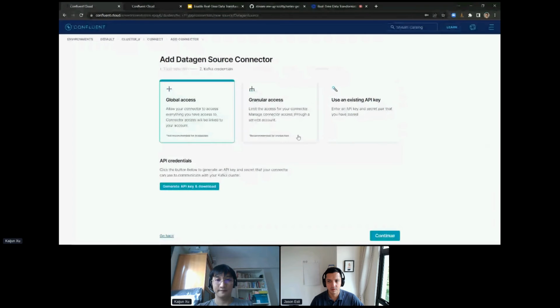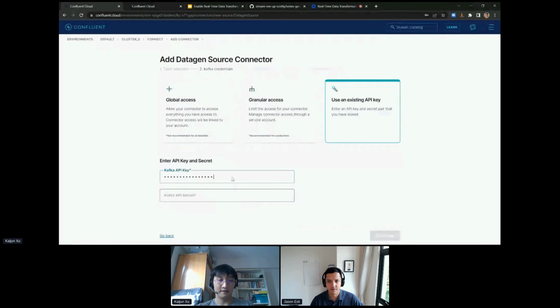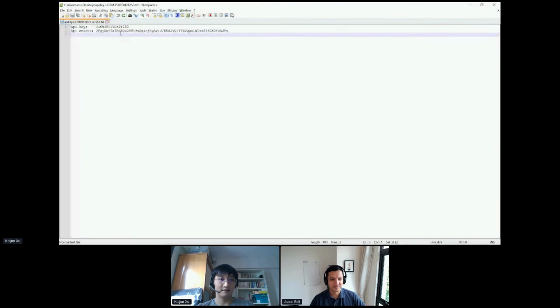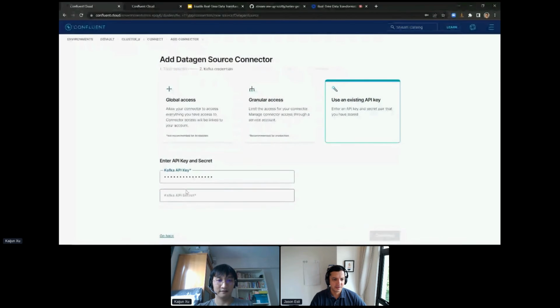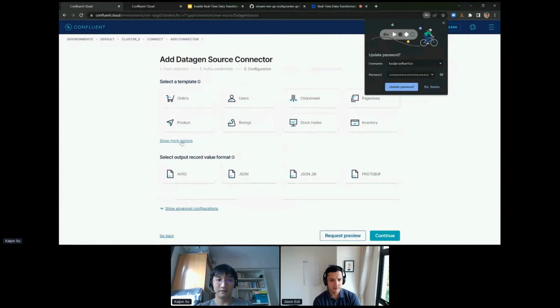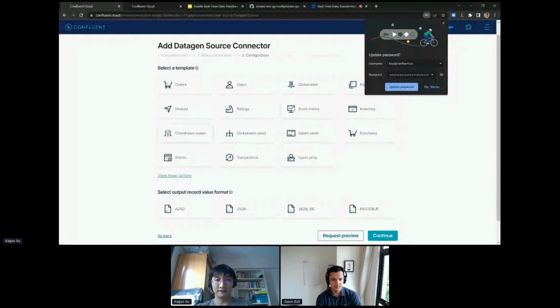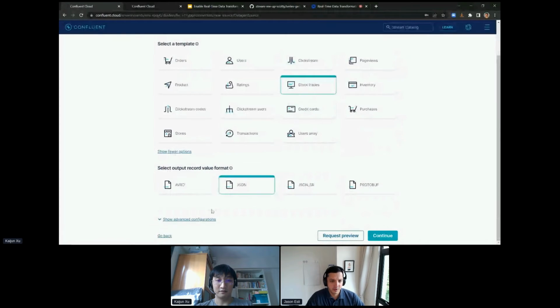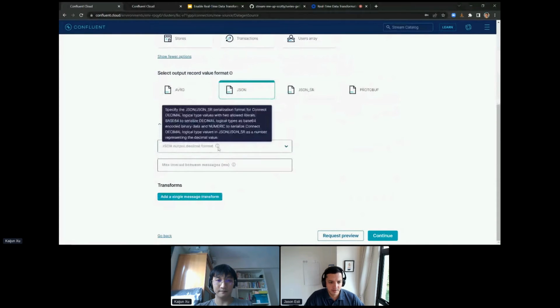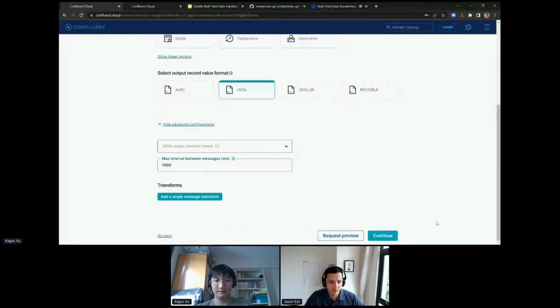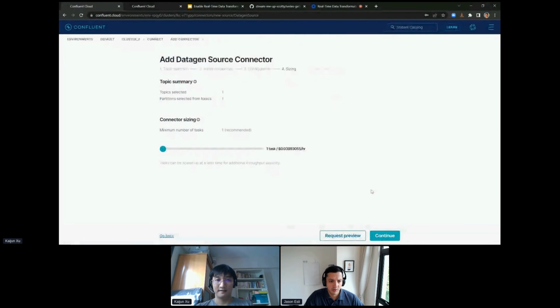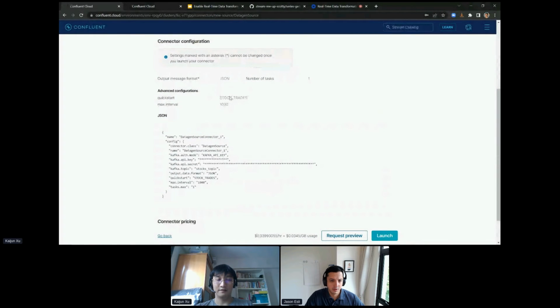Again, use the existing API key and secret. And now we are going to be doing the stocks, which is actually this one. Still JSON, and still 1 second between messages. Right, so if you really need to figure out which quick start and whether you're using the right one,